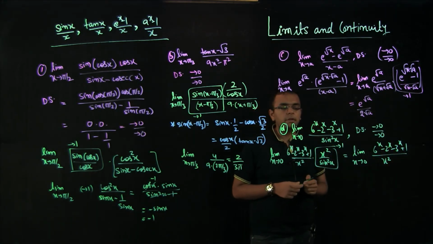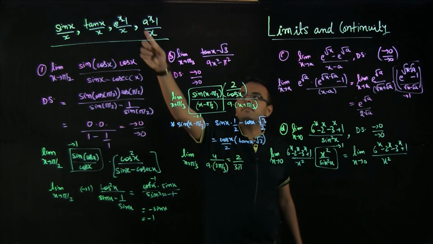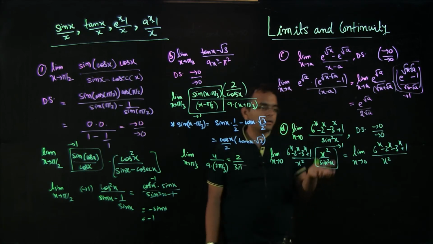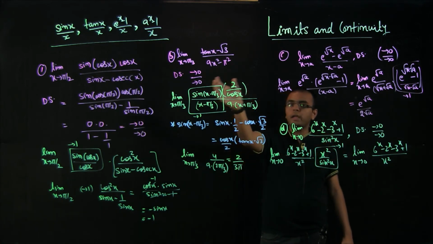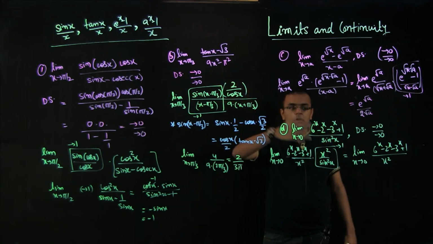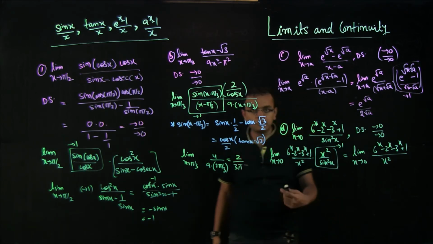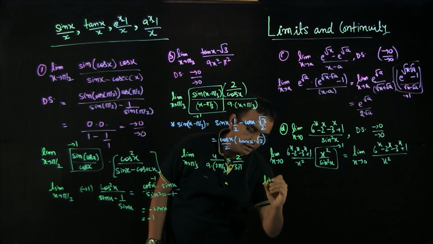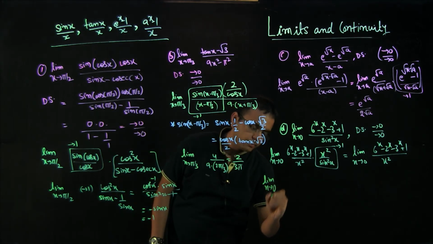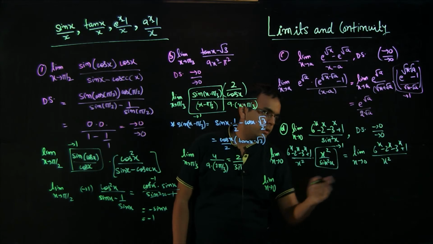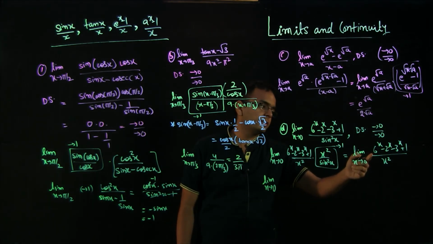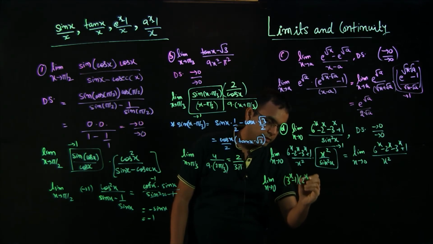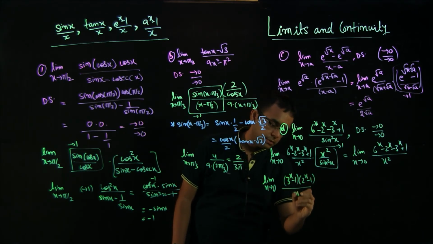So what do we do here? We can clearly see that this has to do something with a raised to the power of x minus 1 form. We have x square, so basically we need to factorize the numerator to make 2 a raised to the power of x minus 1 type forms. And I think that should become pretty clear from here, that the question is begging you to factorize the numerator such that if you take 3 raised to the power of x minus 1 common from here,